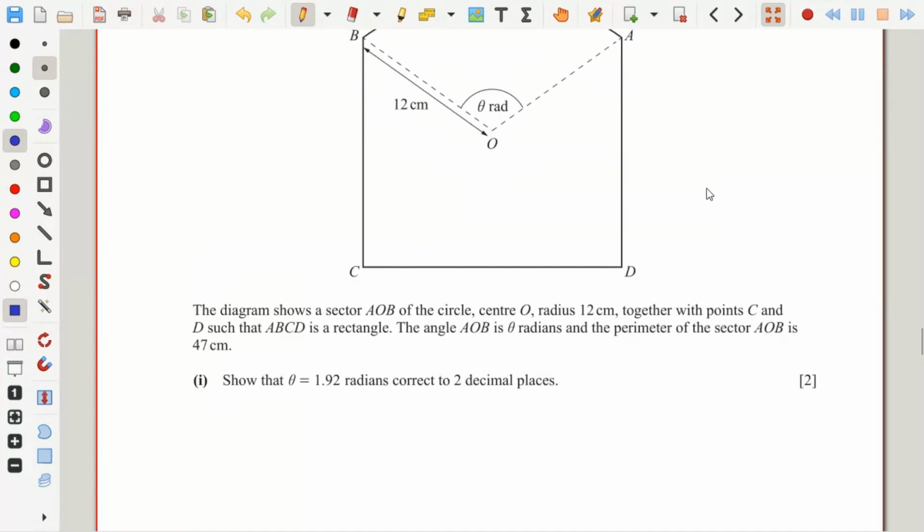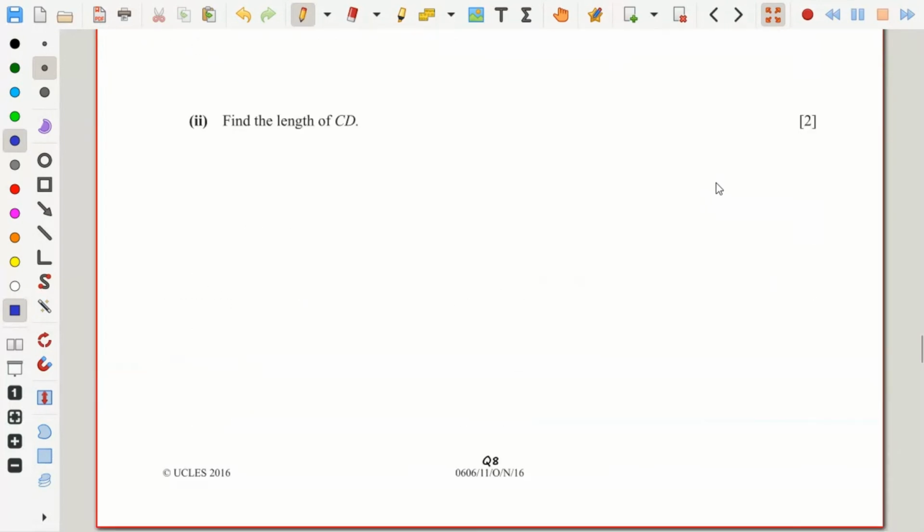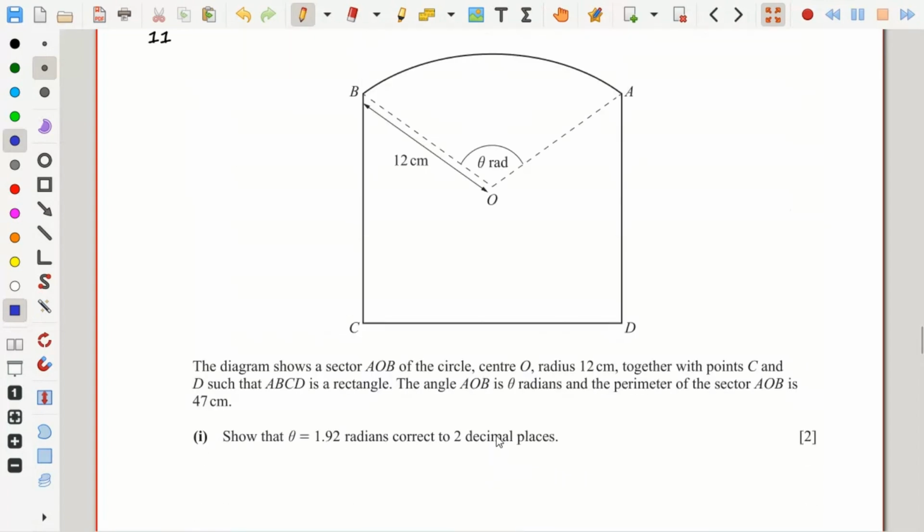Okay, now let's take another one. So this is 2016 October November variant 1-1. It's an IHC question. Okay, so here too, make sure you read the question carefully. The radius is 12. The figure here A, B, C, D is a rectangle. The angles are in radians. The perimeter of the sector AOB is